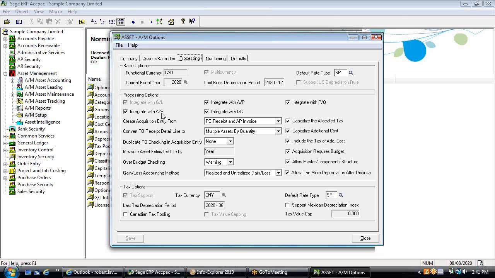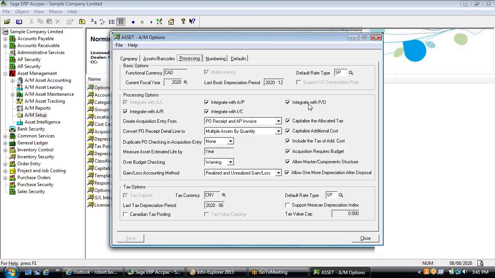You could sell that asset and generate an AR invoice to record that transaction. We integrate with inventory control so that it's possible to move fixed assets from a fixed asset balance sheet account over to inventory control, and then you could sell the asset through order entry if you wanted to do that. And lastly, we integrate with the purchase orders module so that if you raise requisitions for your capital asset acquisitions, we can receive against the purchase orders, and that receipt of the PO can also give rise to an acquisition